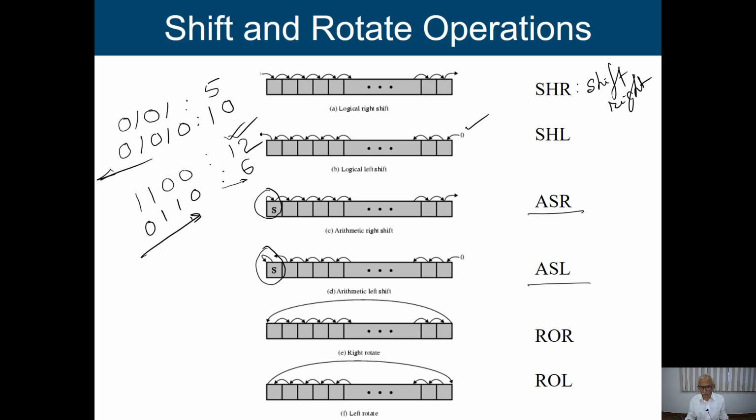This is because each position represents a value of 2 to the power i. So that's why, for simple multiplication or division by 2, instead of using the ALU or the multiplier circuit, we can simply use this shifting operation. That's why we may keep such simple operations in our processor, which gives us better efficiency for some operations.